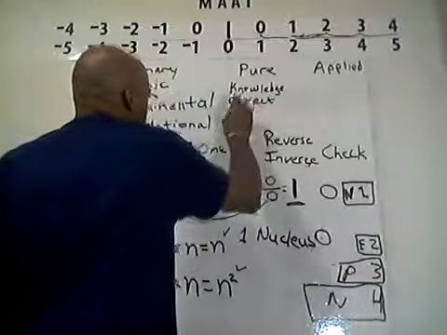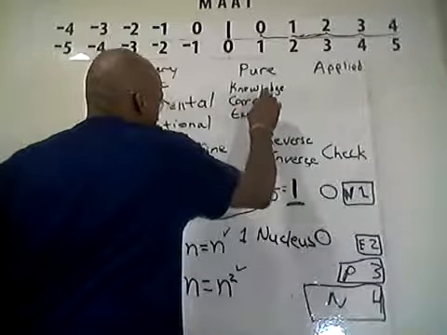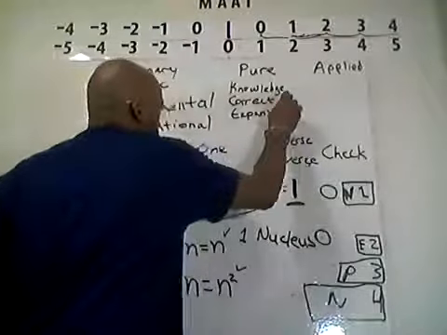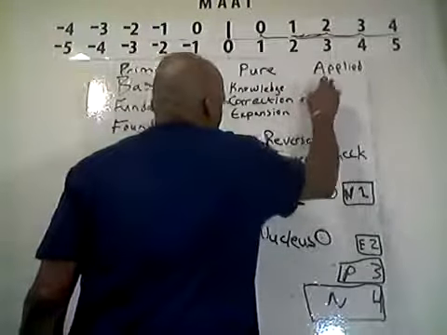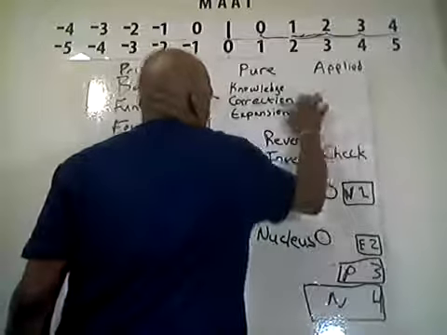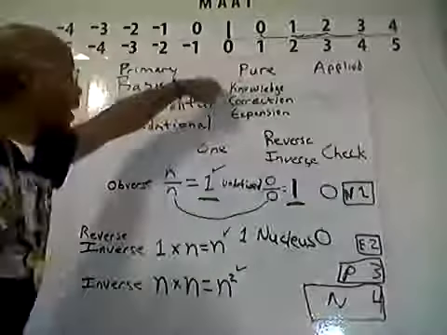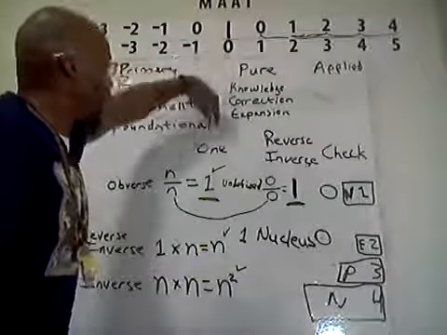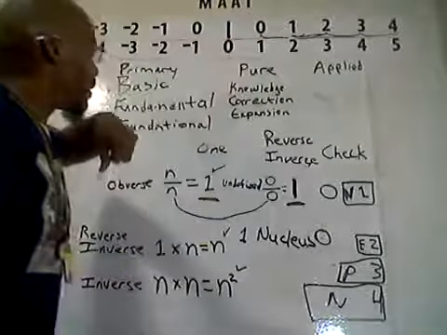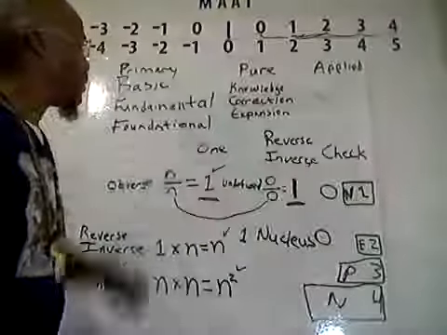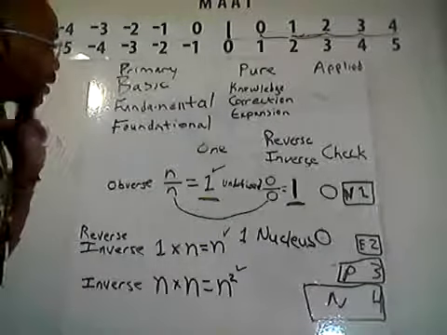Expanding knowledge and correctness. Expansion and correction. Correction of errors and expansion of limits. That's what pure mathematics would be about. Pure mathematics would be the correction of errors and expansion of limits. That would be pure mathematics. Now, applied mathematics